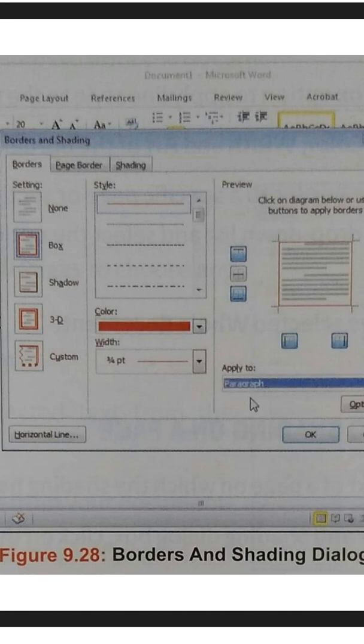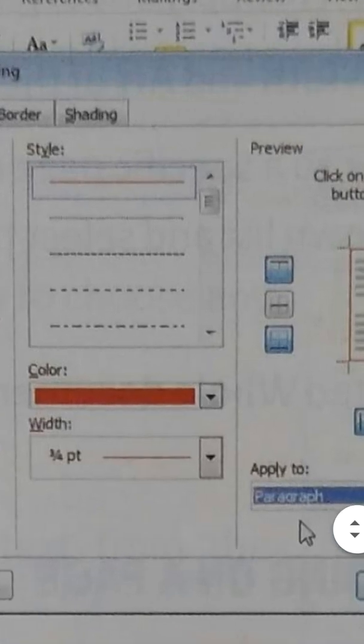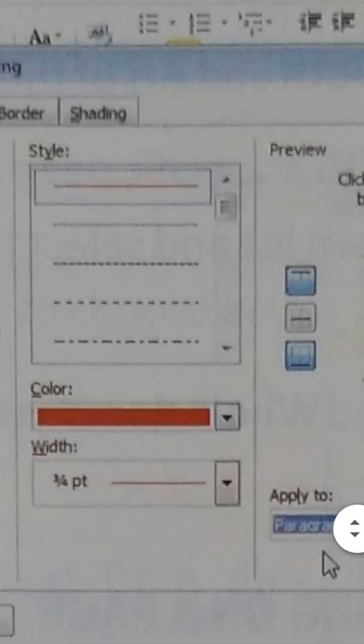You can see here borders are given: box, shadow, 3D, and you can change the color also, width also, and here is one option, apply to paragraph, and you can see one tab is also here, Page Border, and style is also given here for the border. It may be dotted, straight line, and width also is given for the line of the border.